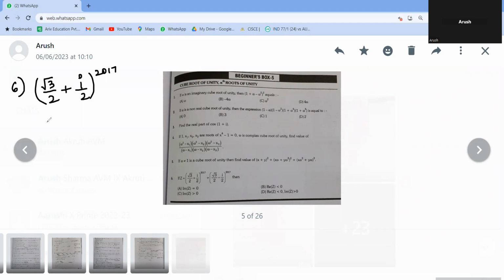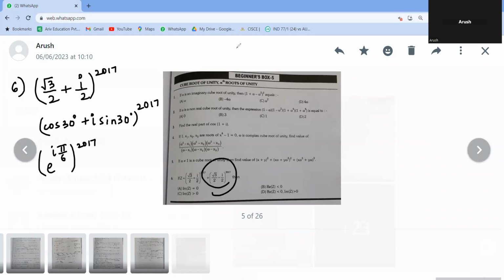So Arush, root 3 by 2 is basically cos of 30 degree plus i into 1 by 2, which is sine of 30 degree. Right. Raised to 2017, we can write this as e raised to i pi by 6, and this is raised to 2017. ठीक है।